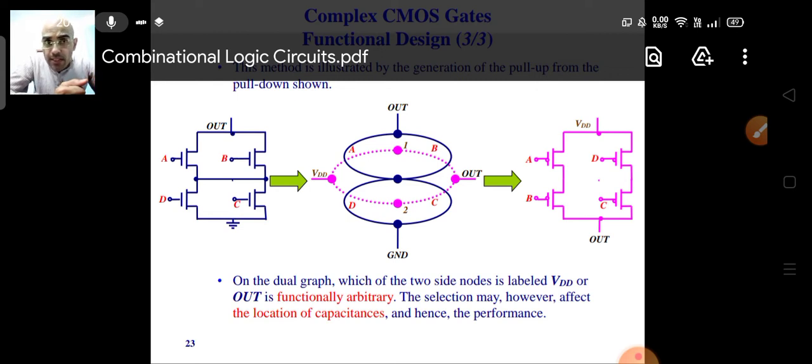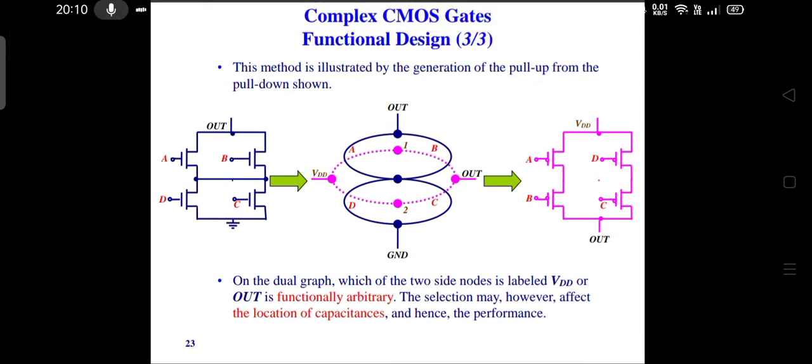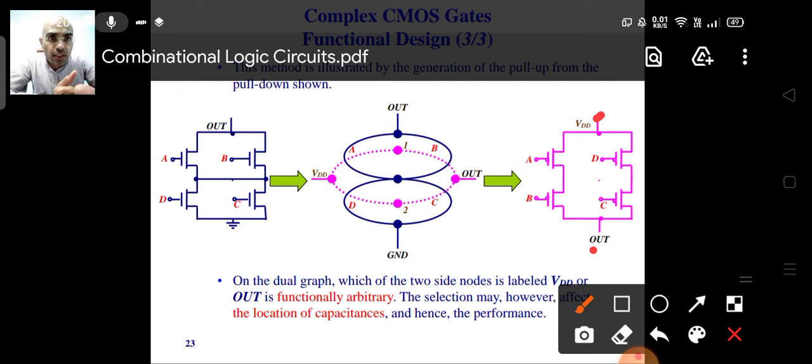Once you have got this graph, the procedure which you used to get the graph from the schematic, now the opposite you can use to get the schematic of the pull up network from the graph of the pull up network. So again the same thing we'll use. We'll make the VDD and ground here, and between VDD and ground we'll use these transistors. So you see, now A and B will become PMOSes, and C and D will also become your PMOSes in between. And as there is no interconnection between those two intermediate nodes, we'll not connect them.